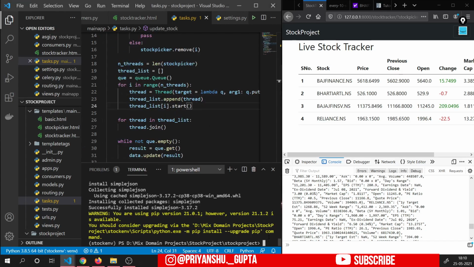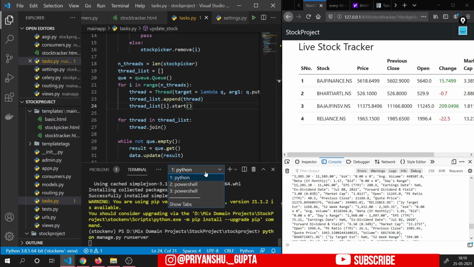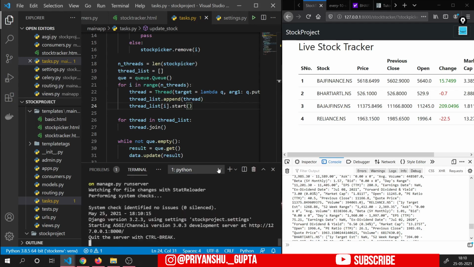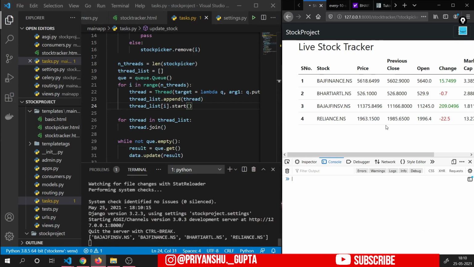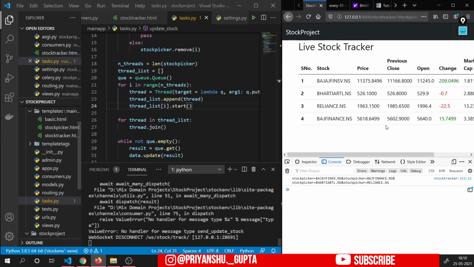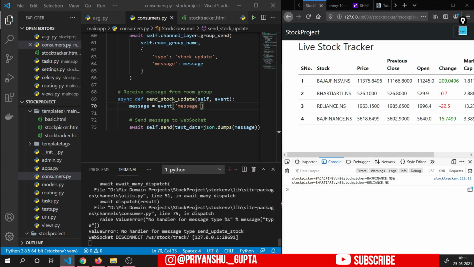And now if I start the server here, and also Celery worker, and refresh this page, then let's see we will get some data here or not. Again we are getting no handler for message type send update stock, but we have already added that, right? Inside our consumer it's send stock update, right? In task.py,